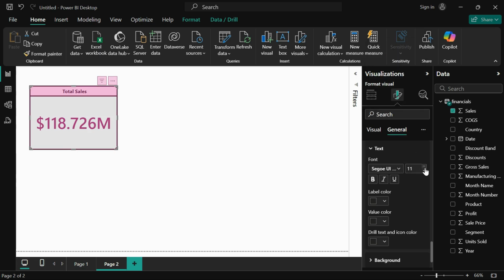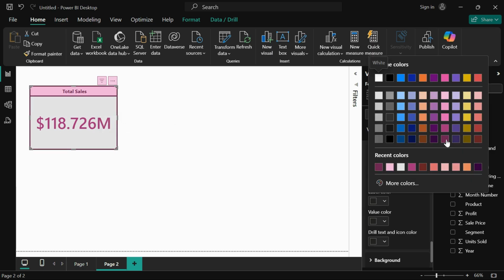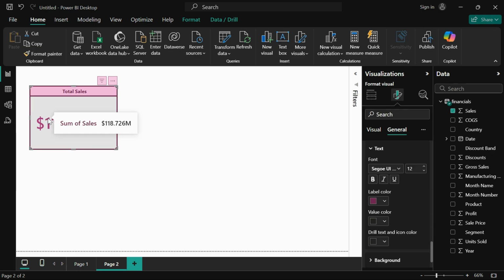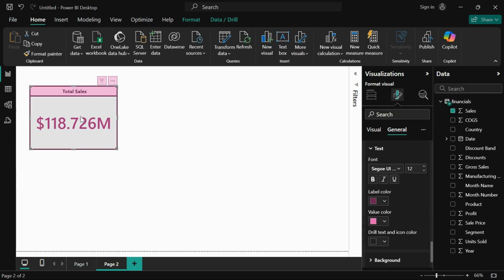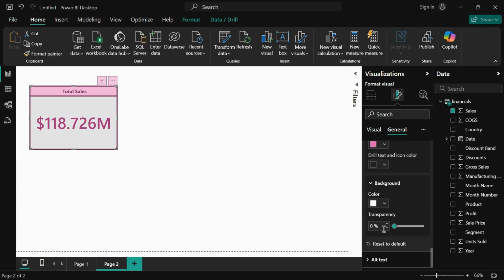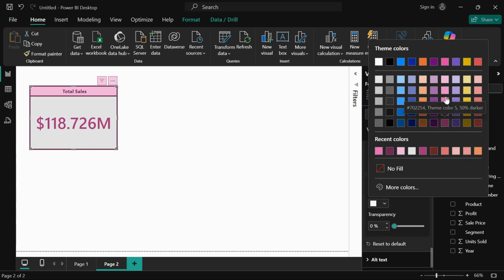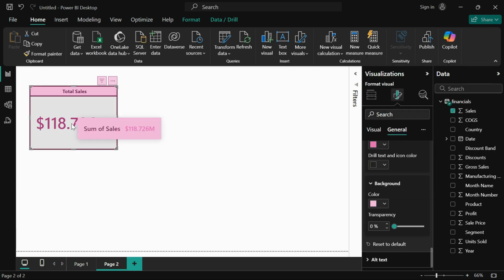But if you are turning it on, then you can change the font family, font size. Correct. You can change the label color, you can change the value color, right? Under the background section you can change the background color also of this tooltip. You can also increase the transparency. So this way